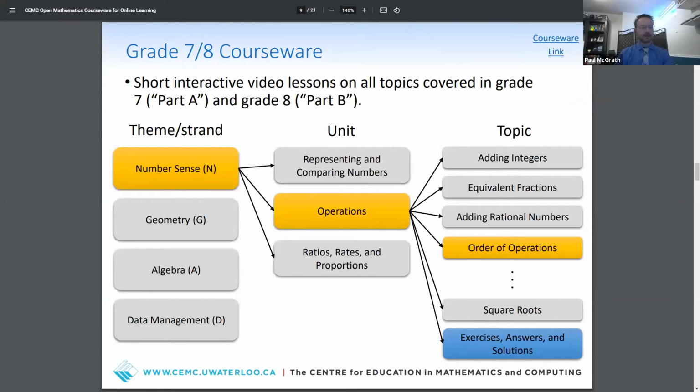So let's talk about how the courseware is organized. There are slight differences between the grade 7, 8, grade 9, 10, 11, and grade 12 courses. So I'll just try to give a quick overview of what to expect in each case, beginning here with grades 7 and 8. When you enter the grade 7, 8 courseware, you'll see a list of units, and along with